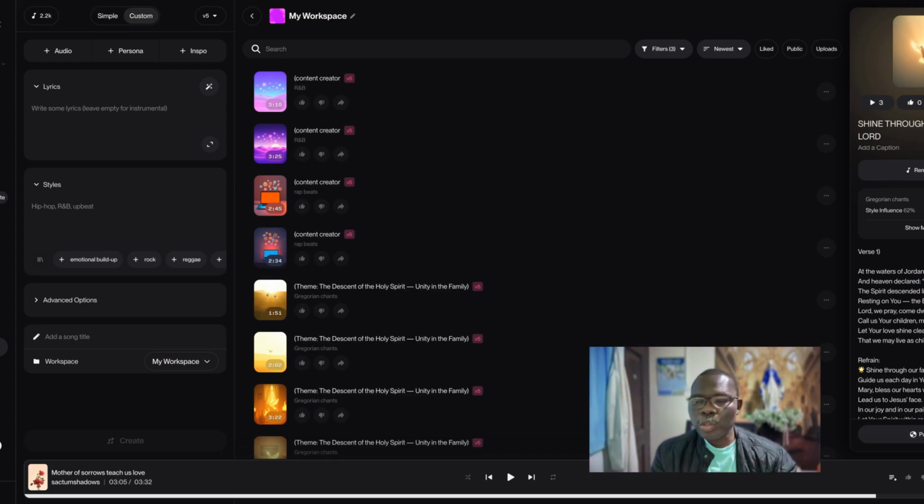So assuming you want to create a song on Suno AI, what you want to do is you open the app. Once you open the app, on the left side you can see the lyrics where you type in your own lyrics. So assuming you want to create a track for content creators, what I would do is go to